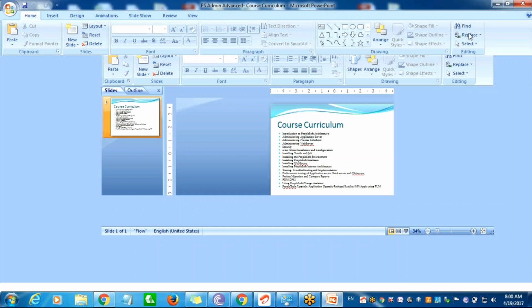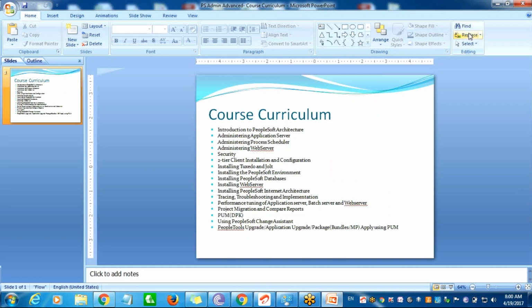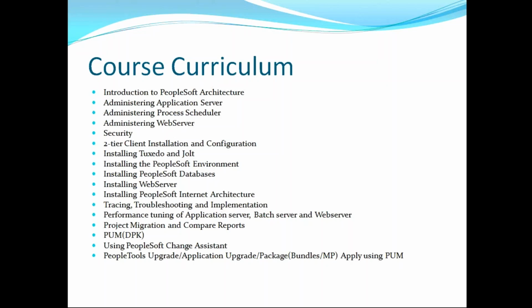Okay, so this is the course curriculum. In this course curriculum, I'm going to cover the complete architecture of PeopleSoft, which includes the app server. There are four layers of PeopleSoft. One is database, second is app server, third is web server, and fourth is the process scheduler part, where you can run your reports, post your reports, and view your reports. And fifth is your PIA part, so that is added with the WebLogic or the web server. These are the main contents of the PeopleSoft architecture.